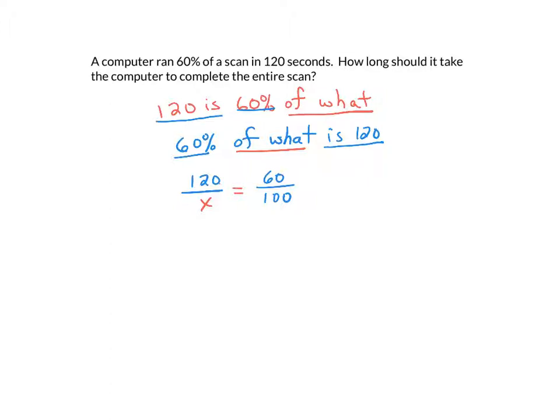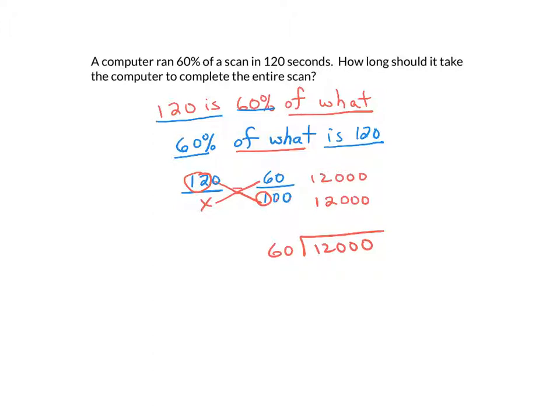So as I solve that, I know that 120 times 100, I can just do 12 times 1 is 12, and I need 3 zeros because there's 3 zeros, 1, 2, 3. So that's equal to 12,000. So I know 60 times x also has to equal 12,000. So if I do that math,